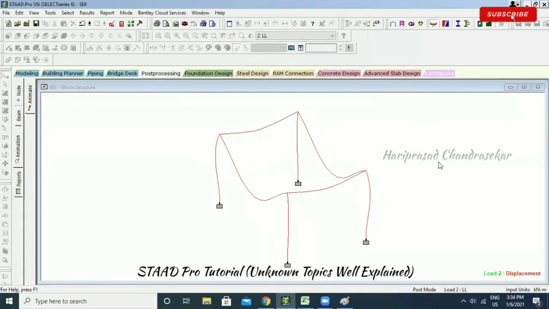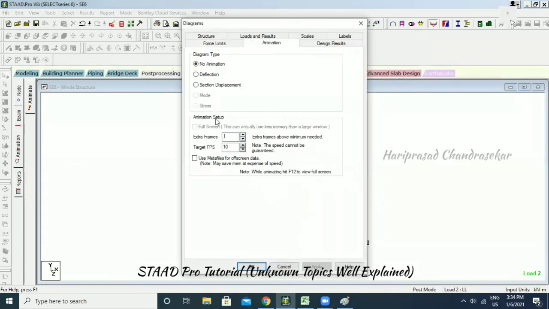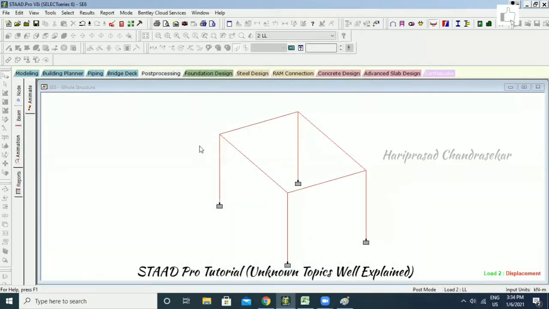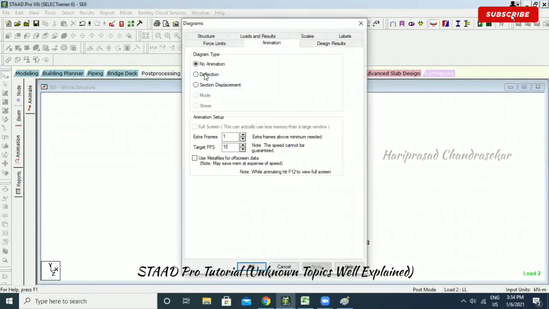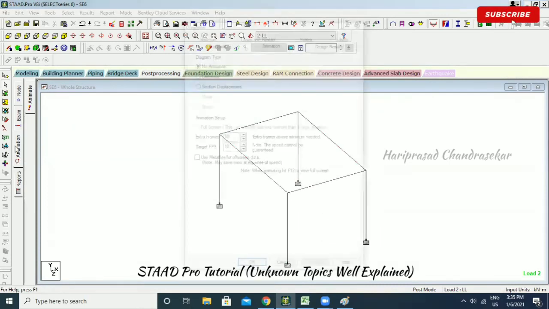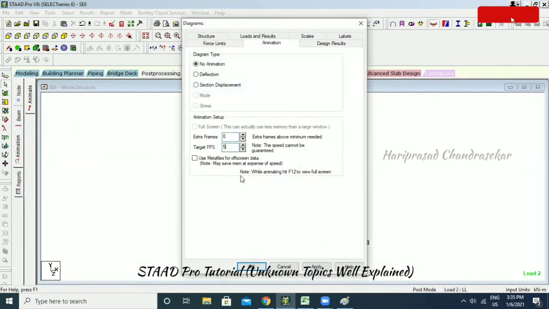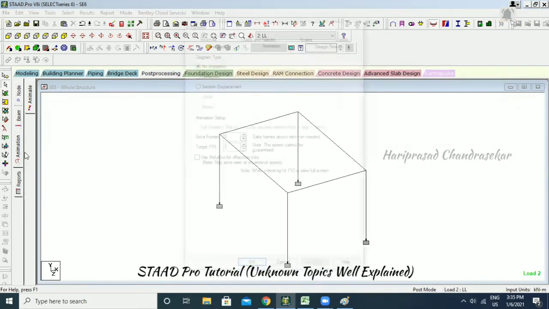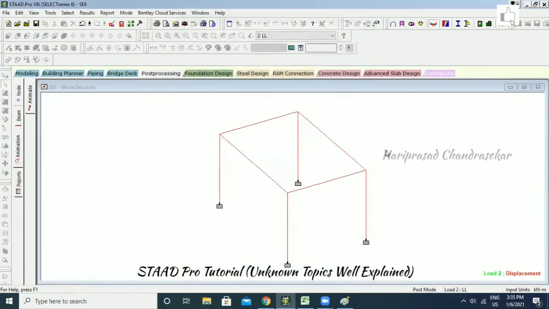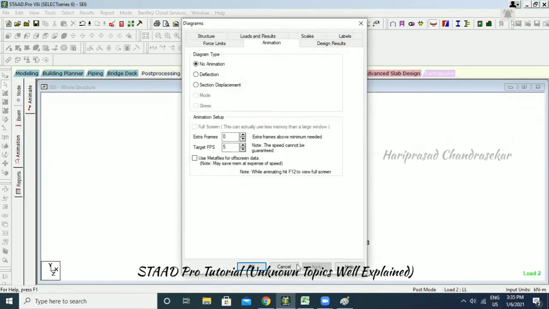Can you see the deflection? Hello? Yes, sir. Yes, okay. I think there is no deflection, only the sectional deflection. Otherwise, you can increase the FPS. I will see how it is. Animation, I'm putting 10, and then frames, I will try to increase. Otherwise, you can reduce the frames. No, but that's fine actually. That's not an issue. The sectional displacement is showing. Because it has only a little load, only displacement is showing. It is not showing you the animation for deflection. So I think the deflection was only a little bit.